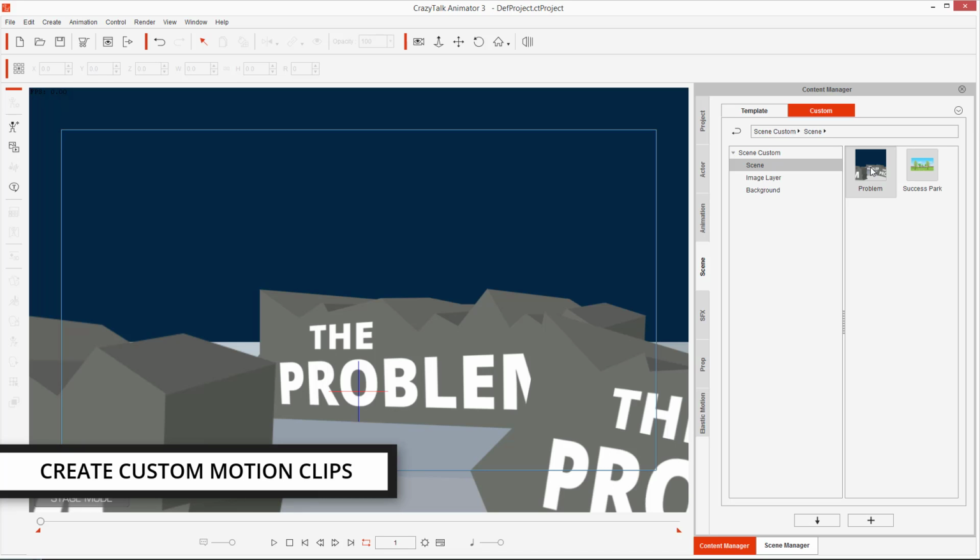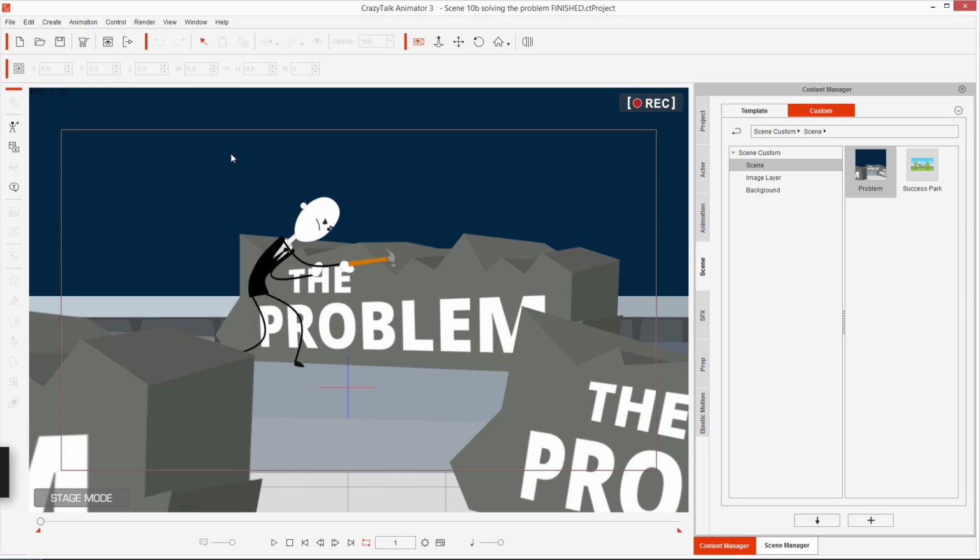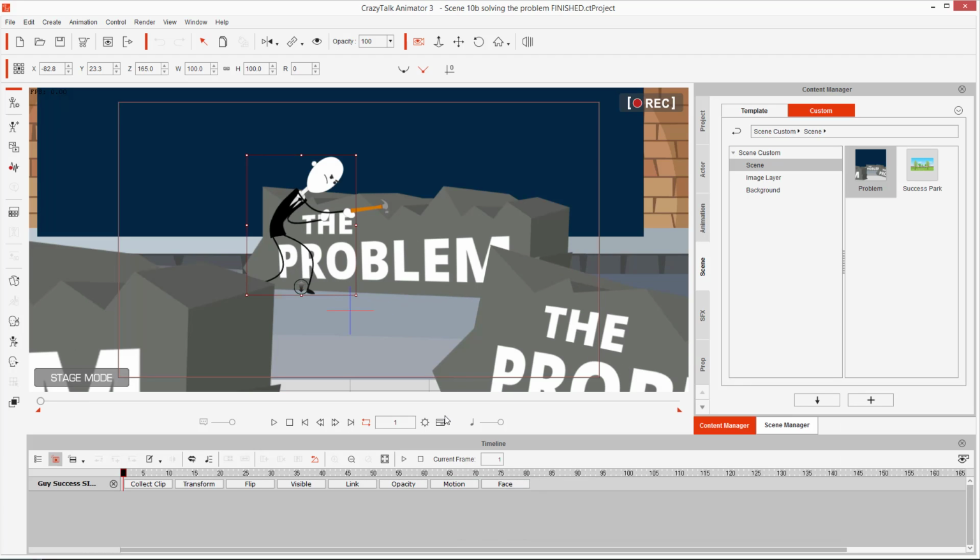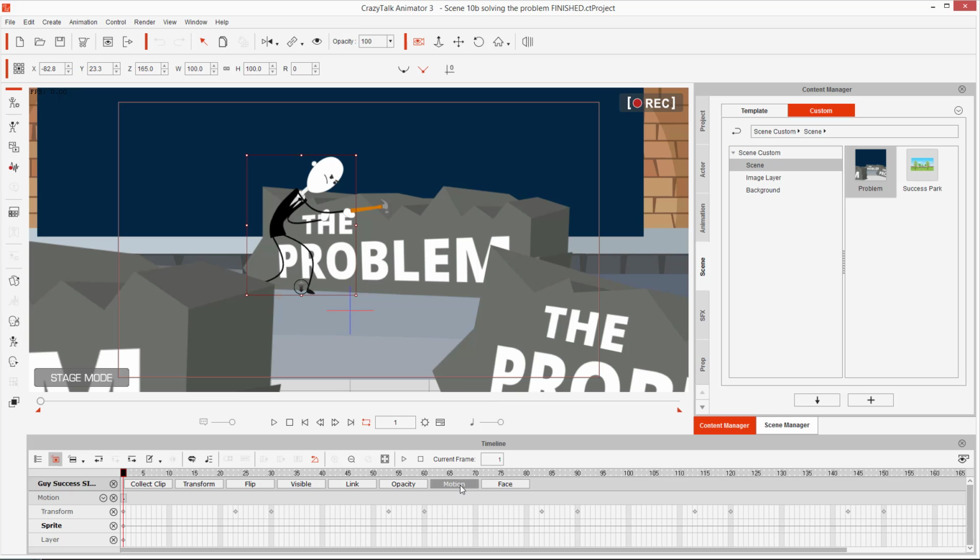For this, let me open the file scene 10 again, solving the problem, and I will export the hammering action. I just select the character, then open the timeline, pressing F3, or you can also click on the timeline icon, okay? And with the character selected, I'm going to click on motion, and there I can see all the keyframes